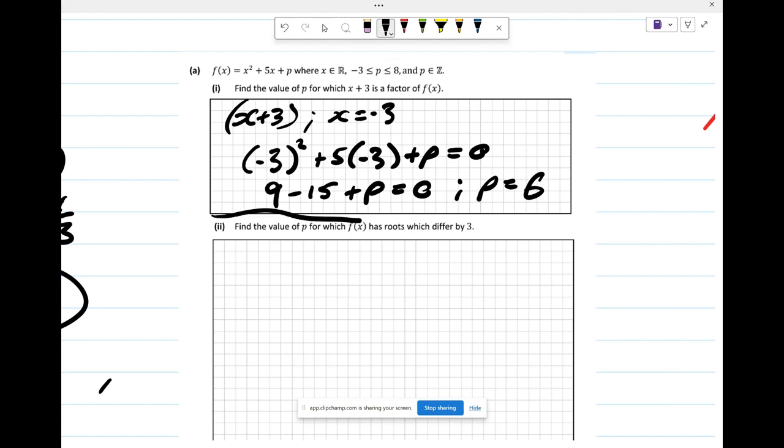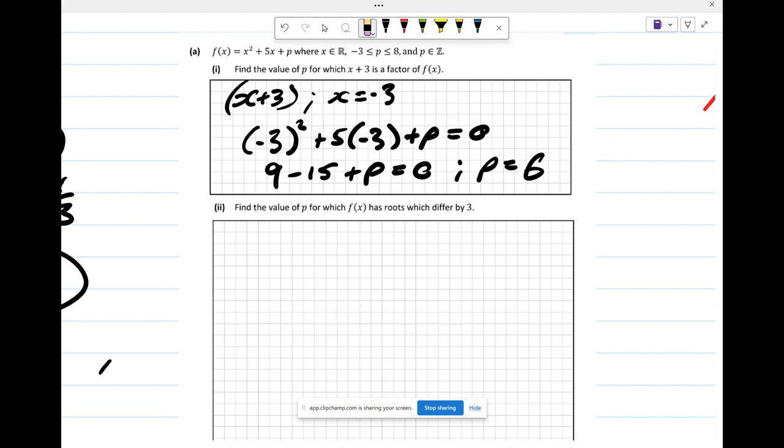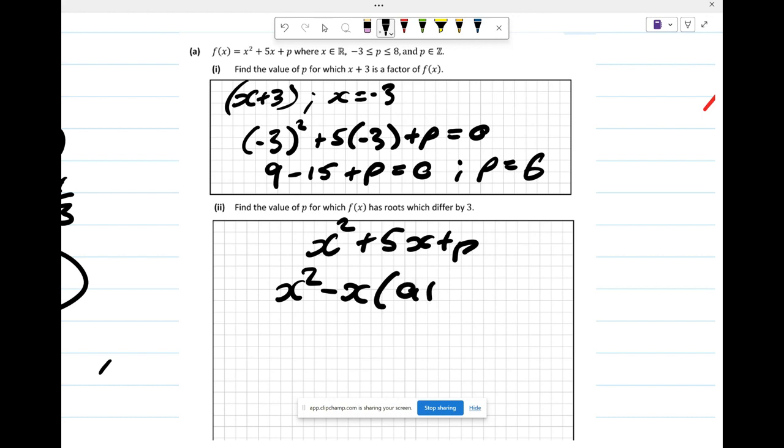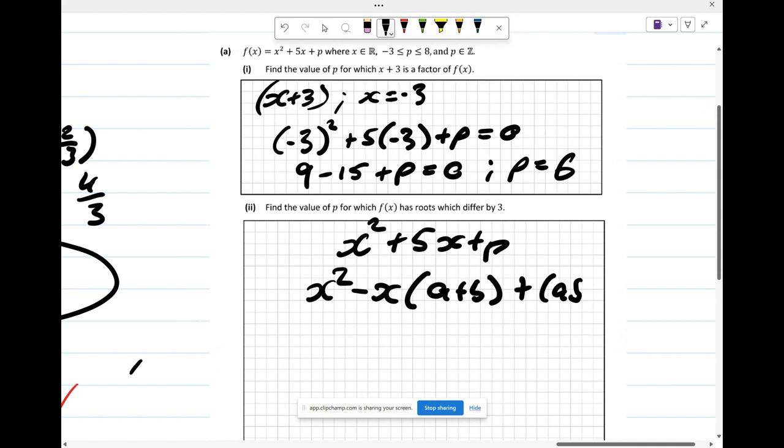But let's just ignore everything up here. We're trying to find a different value for p, and what we're trying to do is find a p for which the roots differ by 3. The way we can do that is, this is our original expression. If we write the one we wrote earlier, then we know every quadratic can be written like that. So, all right, this is a bit better, sorry. x squared minus x times a plus b plus a times b. We can see that,